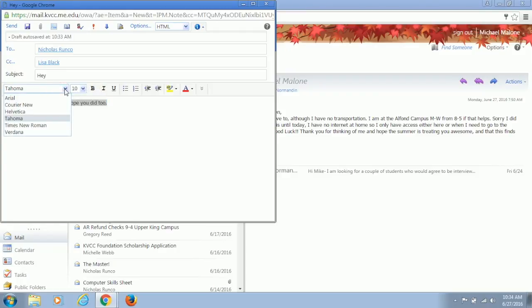A lot of teachers have a certain preference. My English teacher enjoyed Times New Roman, which is right here. That's the font type. The size is where the 10 is, and normally you'll have a teacher that will tell you a specific font size, anywhere between 10 to 12. You can either pick the drop down bar and go to 12, or you can type it in yourself.